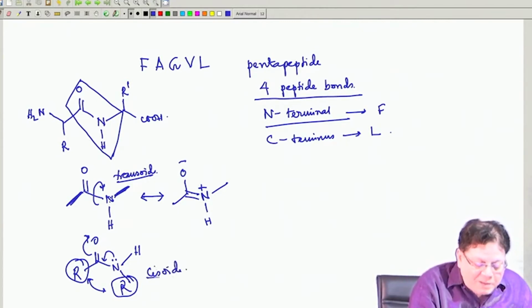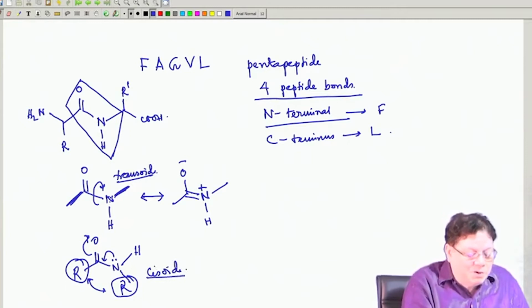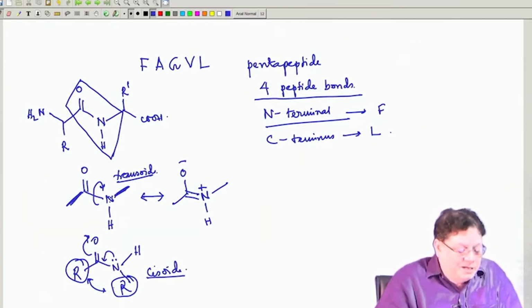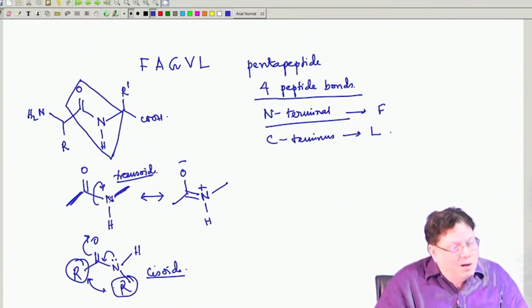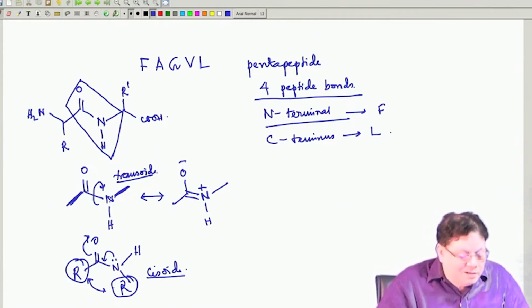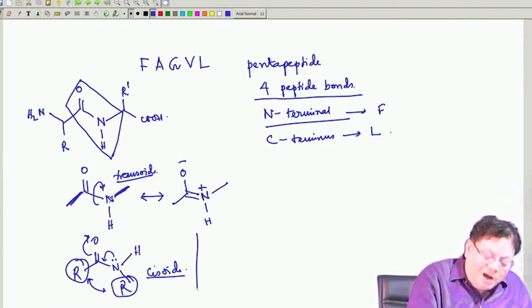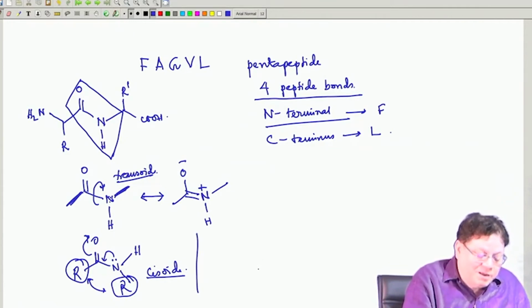The seesaw form is less stable because of the steric problem, but that is number 1. The second, there was another interesting argument that also can be placed in favor of this form, and that is